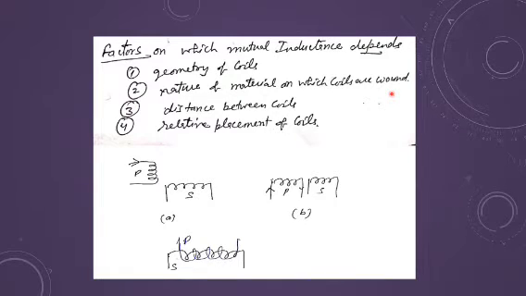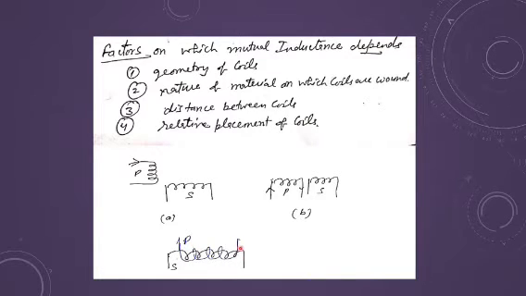It will depend upon the distance between the coils also, like if you are putting two coaxial coils, or you are putting them in some different way. The distance between the coils will also affect the mutual inductance. And of course the relative placement of the coils. In the first arrangement, I can put the primary like this and the secondary like this. Of course in this case you can see the deflection in the galvanometer will be least, I think. Or you put the coils just close to each other, or you put them like this, coaxial. We have just done the derivation.